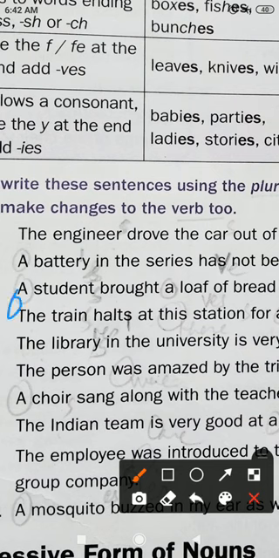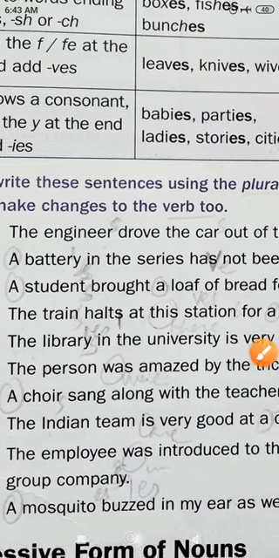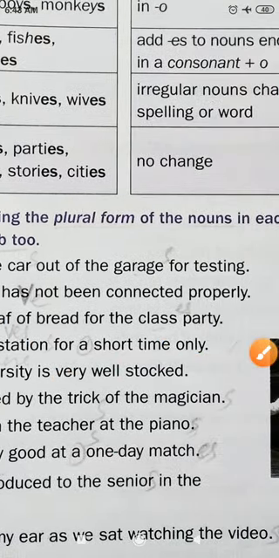We add students brought, we remove a and loaf. In place of loaf we add the plural form of loaf. We remove f and add ves: loaves. Loaves of bread, for the class party. Okay,